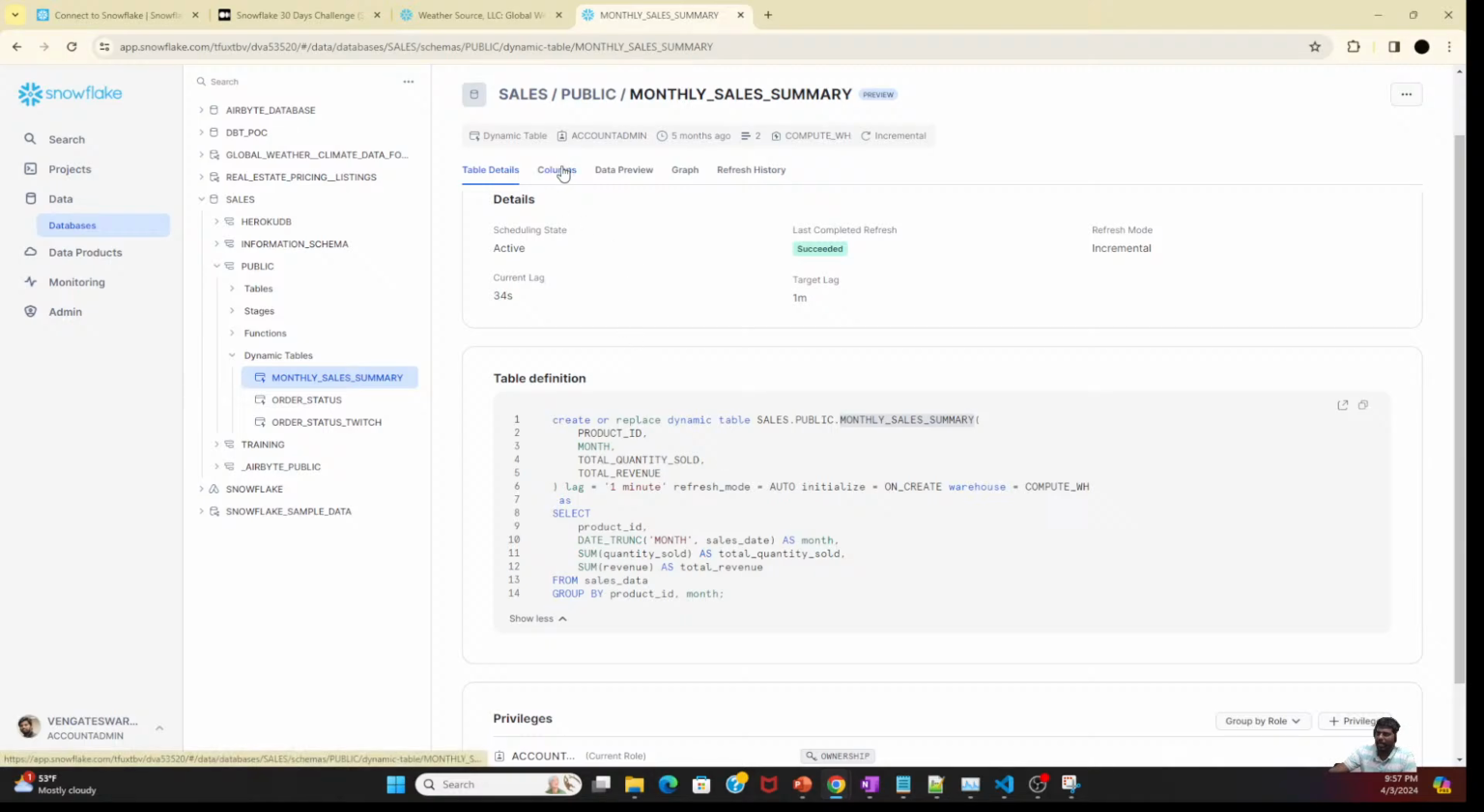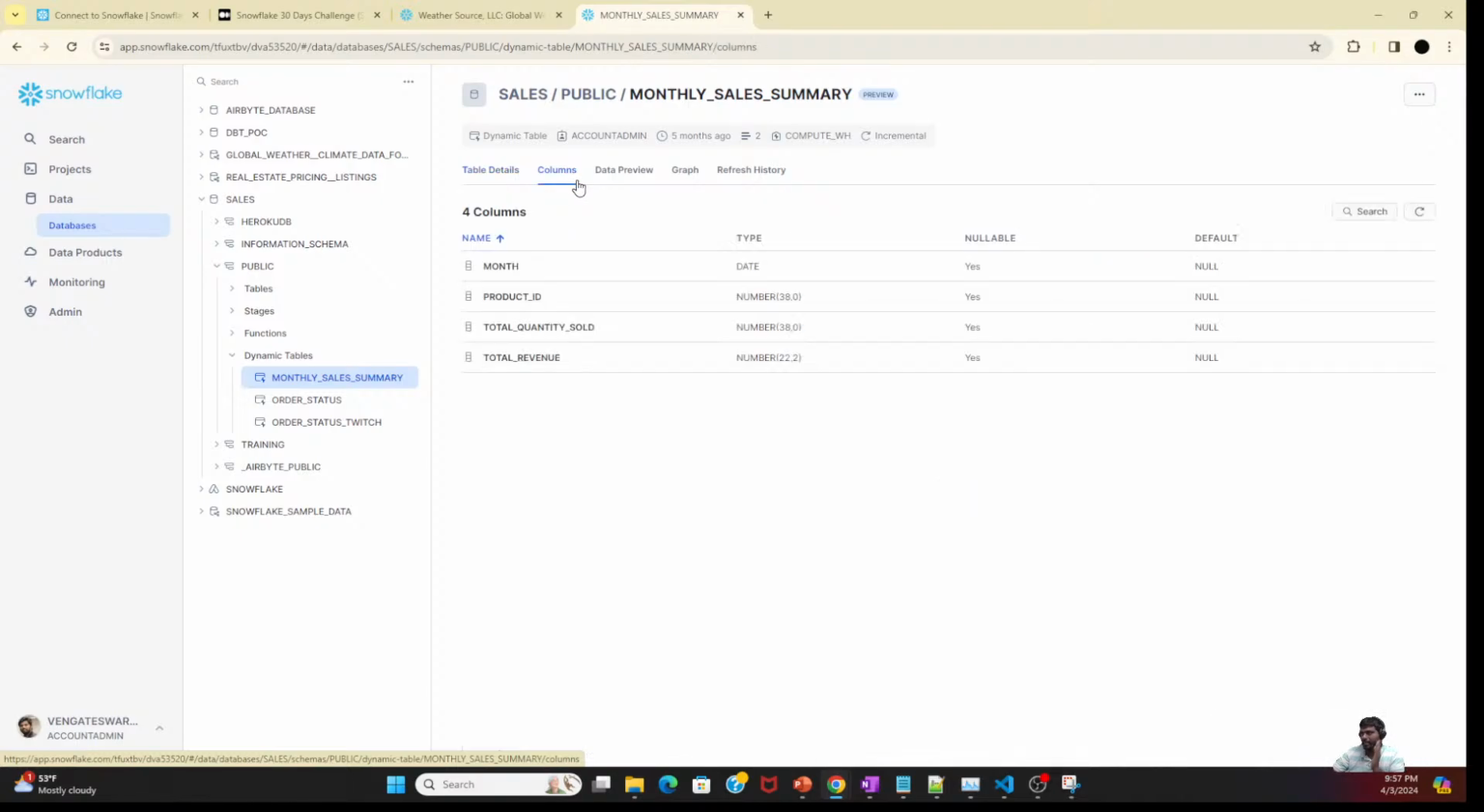I created a long time back, and maybe when we talk more about this in future, but this is also a very important feature in Snowflake: dynamic table. Most of the companies started adopting this one for various projects. So we'll talk more about this stuff. But another thing is